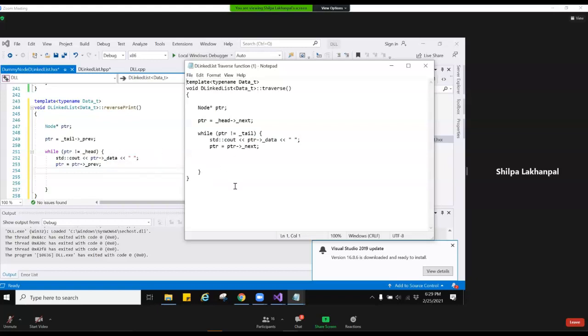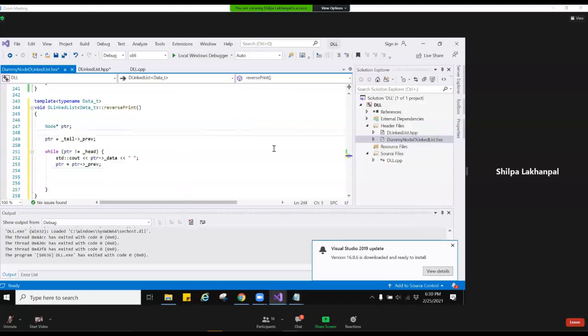But for forward traversal, you do next every time, pointer equals pointer's next. But for backward traversal, you do pointer equals pointer's previous. So that's the difference. They're exactly opposite but very similar, but you have to make the change for the head and the tail and the next and the previous.